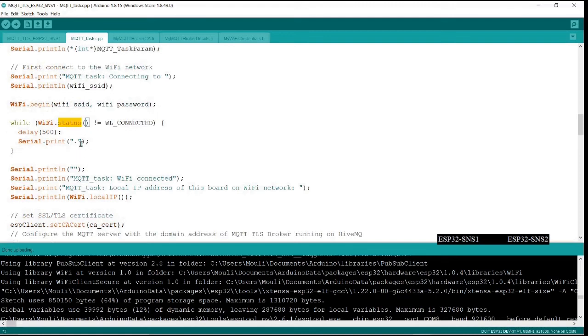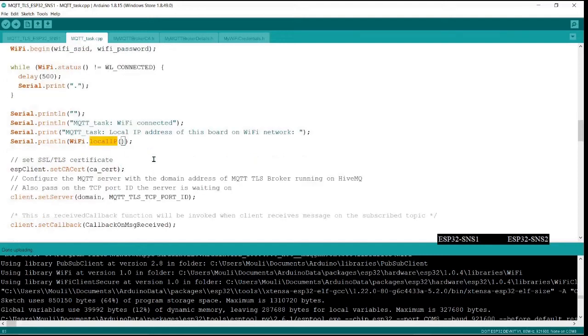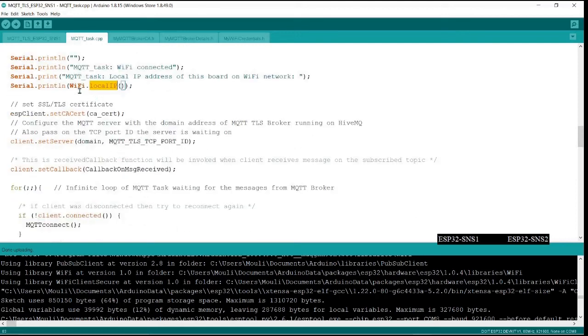Now it looks at the status. If it is not successful, it waits for some time, 500 milliseconds, and then again tries to see if it gets connected. So this stays in the loop until the connection to the Wi-Fi is successful. It will not come down. You can have different printfs to verify where the problem is when you are debugging your code. Once it is successful, I am just printing the local IP that I got from my router.